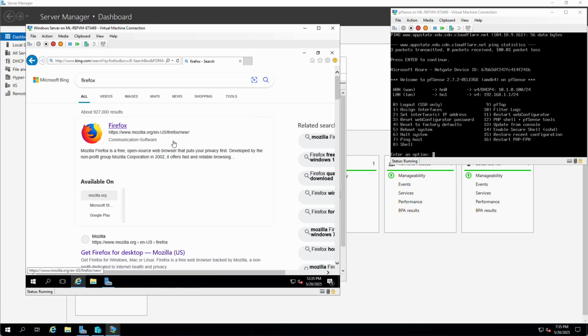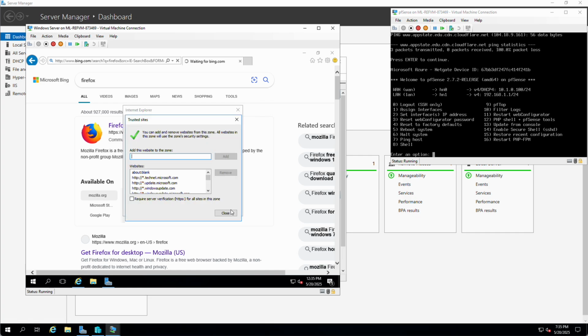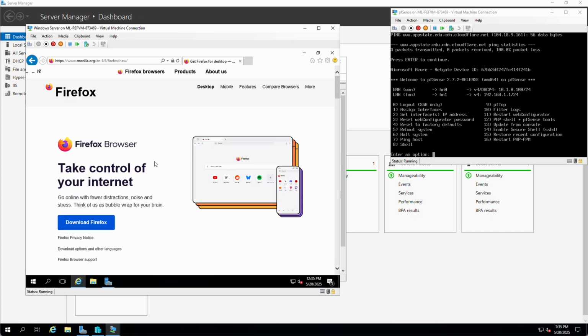And I'm pretty much ready, I think, to get Firefox here. If I want to get Firefox, we're excited about that. I'm going to hit OK there. Notice we have to add Mozilla. I'm going to hit add. Here, if I hit download Firefox,